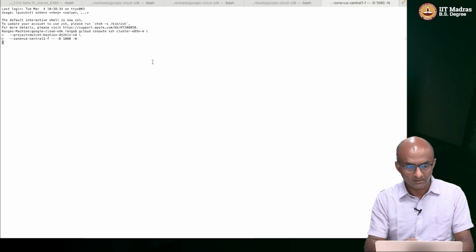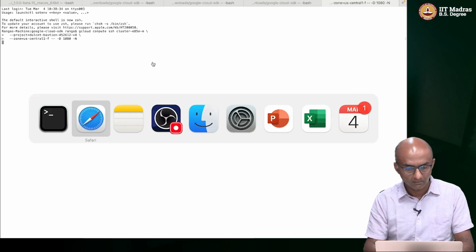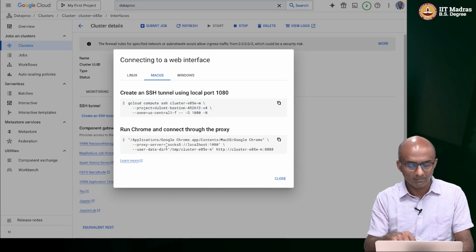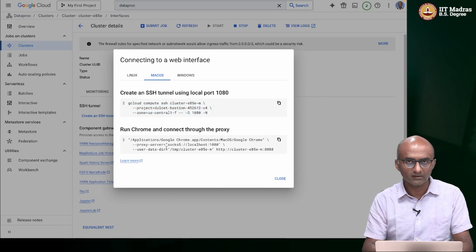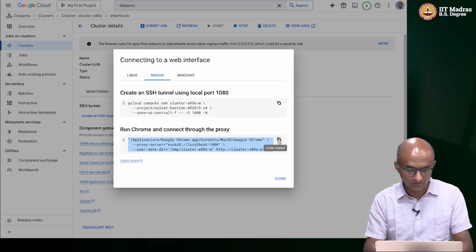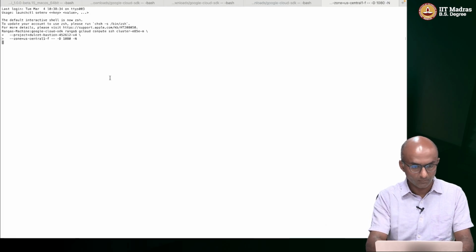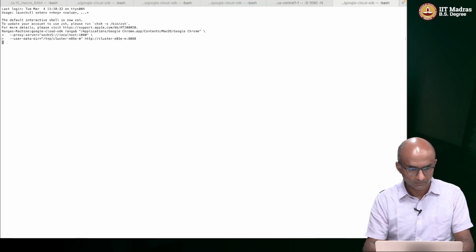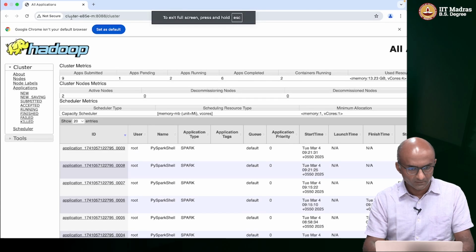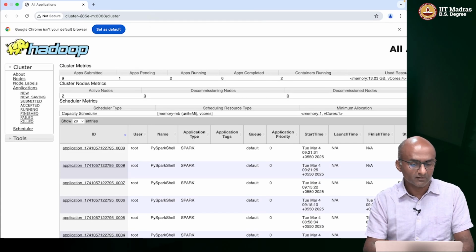One quick way to check whether the tunnel is up and running is to go back and start connecting to the web interfaces through the proxy that we just created. In this case, it's using Chrome as the browser for connecting to the web interfaces. I've got Chrome installed on my machine, so I'm going to use this. I'm going to open a new window and click on this. Yes, so as you can see here, it's as though I've got direct access to my cluster,